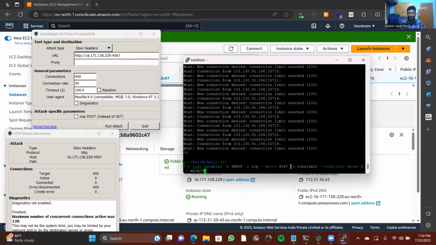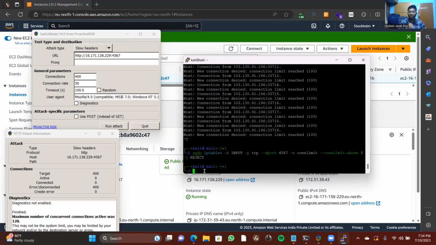As I told earlier, how to limit the DOS attack, or how to prevent the DOS attack, I told by stopping the flooding of HTTP requests, right? So I'm just giving a connection limit so that it will not allow a large number of connections, so that the performance will be better. The connection limit is set to 5. I have set the maximum connections that can be accepted to 5, and after that I have to reject the other ones. That is how this will be working.